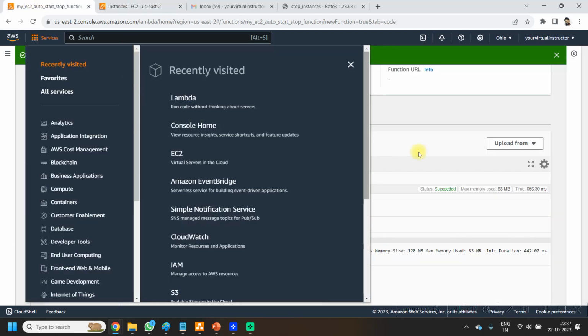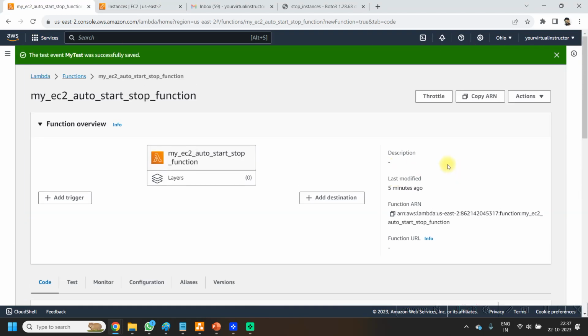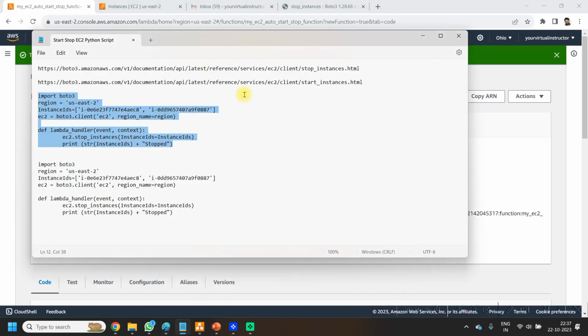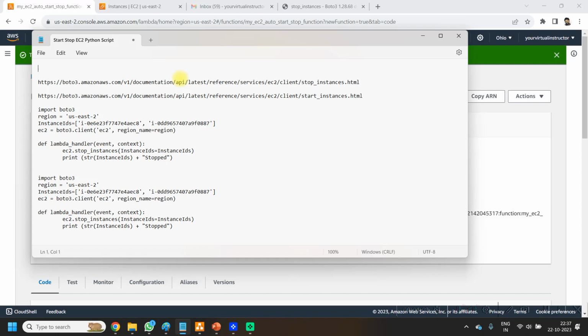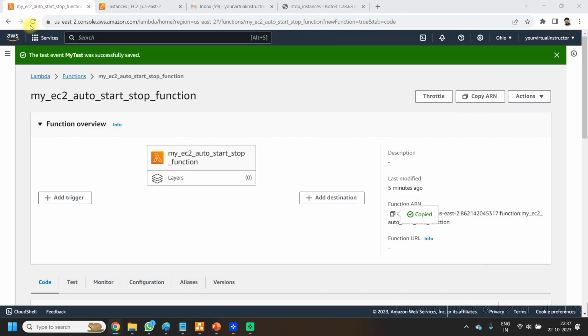Now let's go back to our Lambda function. Copy this function AR1 as it might be used in the future and save it somewhere. Now go back to the AWS console